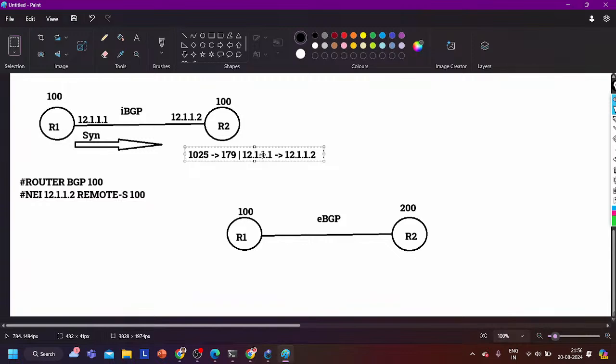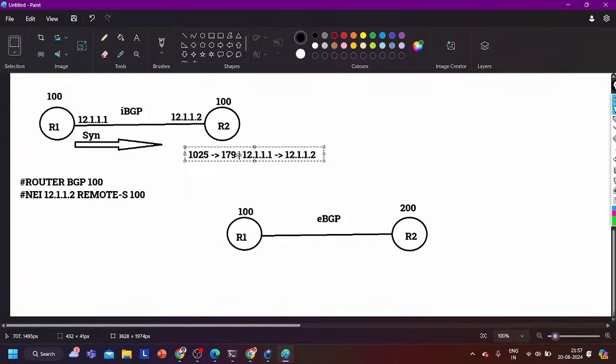It will open the frame. It will check which field, the type field. It will get to know that it needs to hand over the rest of the traffic to the IP protocol. At the network layer, the IP protocol will receive the packet. It will check the destination. If the destination IP address matches, then it will check the protocol field. It will get to know, okay, the upper protocol is TCP. It will remove the layer 3 header and hand over to the TCP protocol.